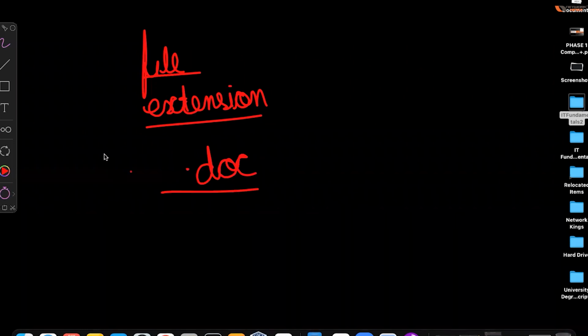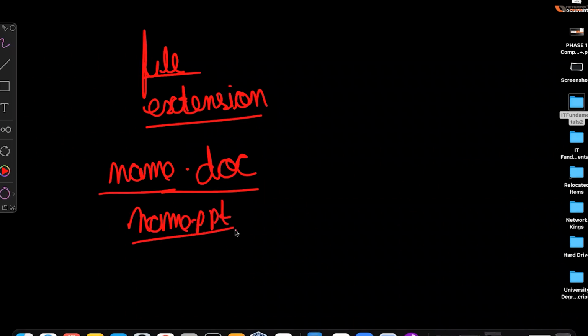Okay, so here your file will have its name, whatever the name of the file, dot doc, telling you that it's a doc file. Name dot ppt, that's a PowerPoint file. If you have an executable file or an application, then it will be exe for Windows, DMG for Mac. So we just use file extensions to find out what kind of file we are working with. And accordingly there are different types of tools that will work for these file extensions.